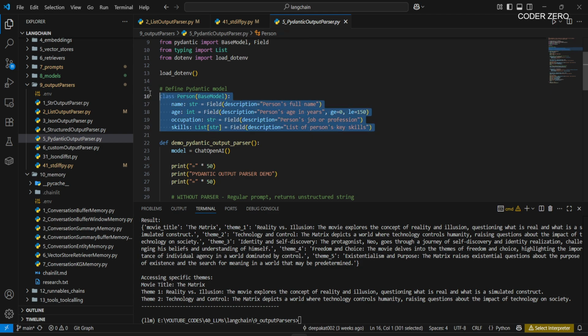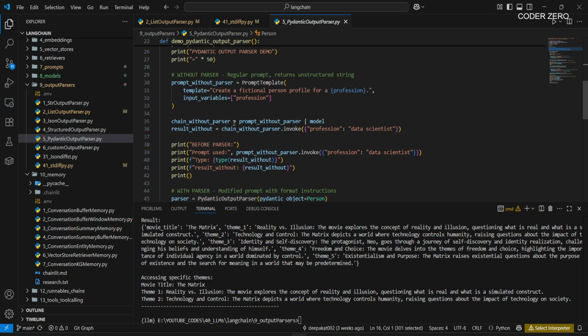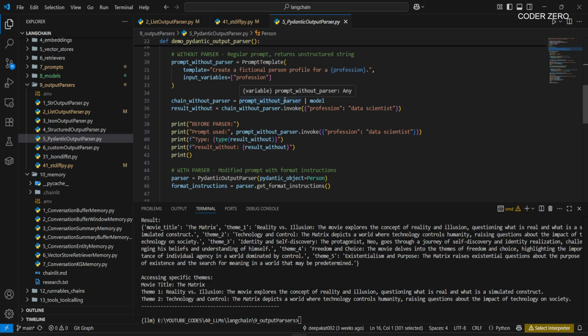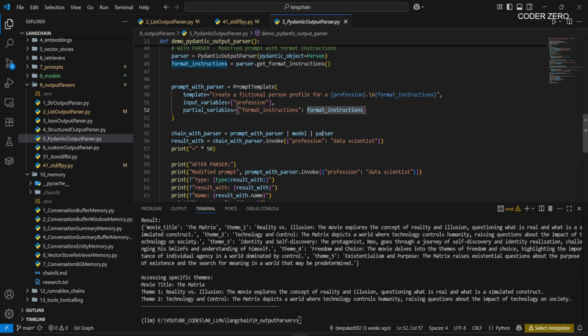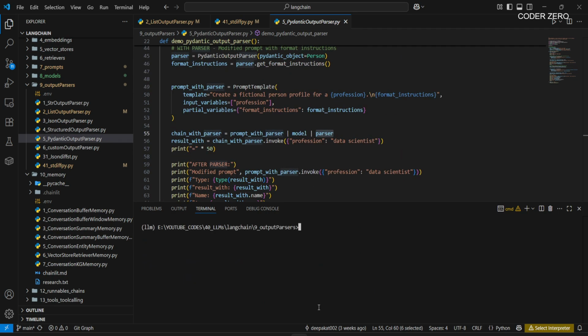So here we are defining our output schema and data type, and this is without any parser. Now here we are enforcing that schema. We are using that schema in our PydanticOutputParser. Then we are getting the format instructions, using those instructions here in the template, and then we are using the parser here. And if we run this